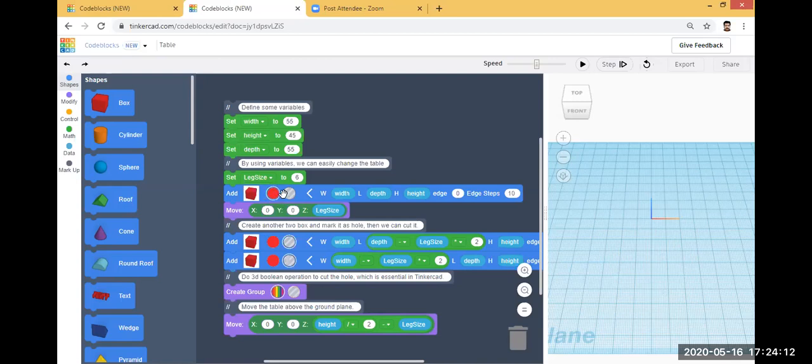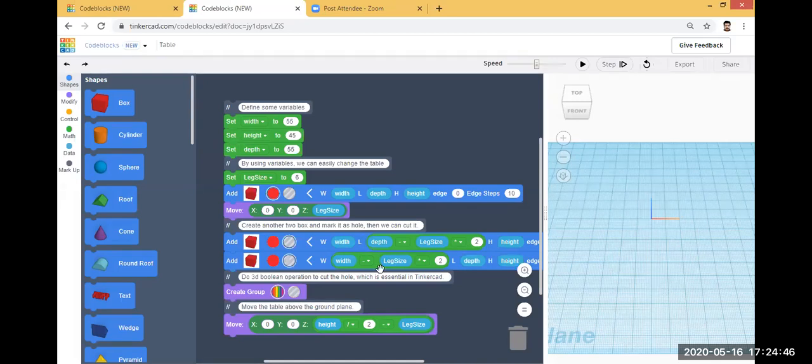You can see a circle near the solid object, this red color circle. That means this object is a solid. If a circle is in this hole, that means this object is a hole. In this line you can see you are adding two objects. Here the selection will be two holes. Then finally you are grouping it.